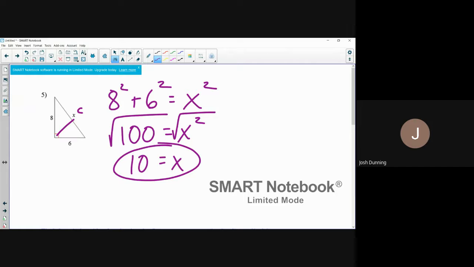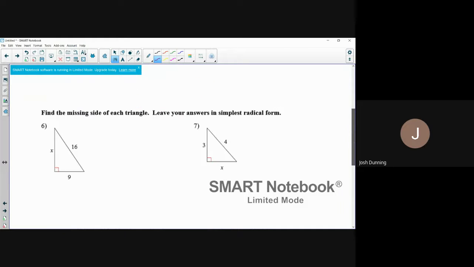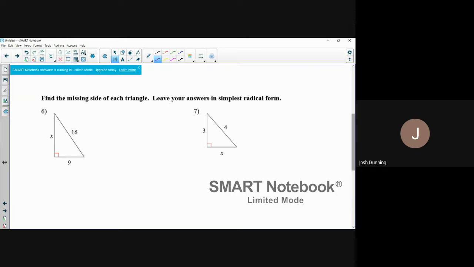Now that's how you use the Pythagorean theorem there. As we go on, though, and the reason that we're doing this right after the distance formula, if you don't get a perfect square, like all the answers we just got were nice, neat, whole numbers. They were perfect squares when I took the square root. You might have to do simplest radical form, and this is just what we've been practicing, where you go like